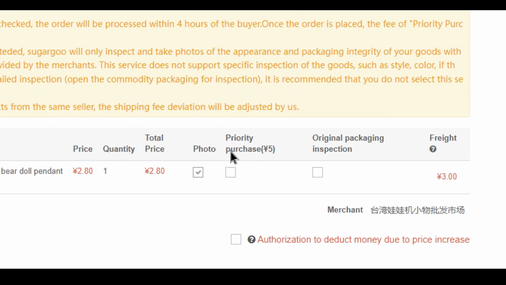Priority purchase pretty much means that as soon as the agent sees this order coming in, they're going to have a higher priority of purchasing it, so you can have your item a little bit sooner than later. As you can see, it's only 5 yuan, so it's not that expensive compared to USD. So I'm just going to go ahead and click it just so I can have it sooner,